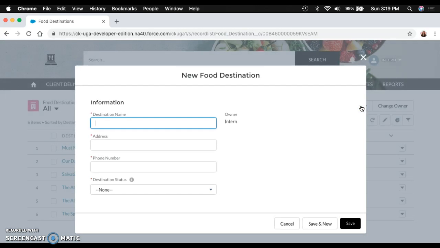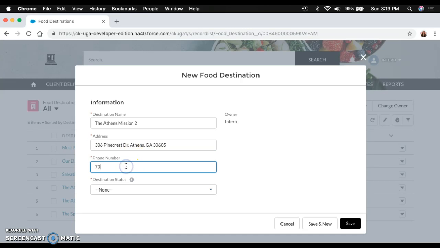Destinations represents the agencies that are receiving the food that we're giving. Let's say Sparrow's Nest, actually we already have the Sparrow's Nest. Let's say the Athens Mission 2 would like to be added to the system. We're going to add them on Pinecrest Drive, Athens, Georgia 30605. You're going to add their phone number